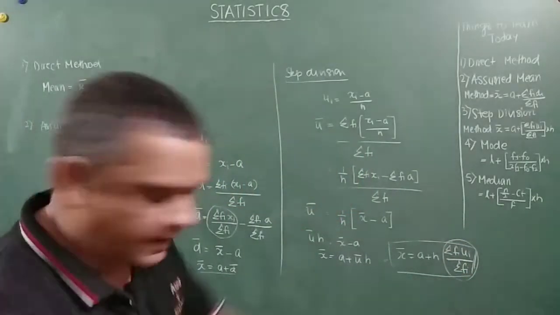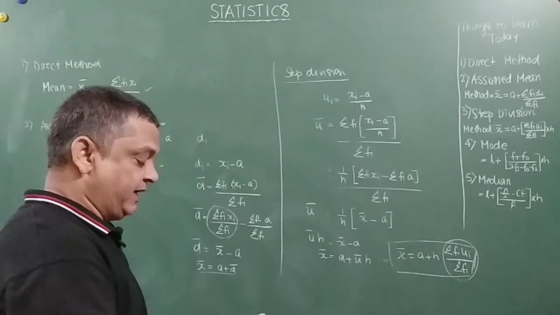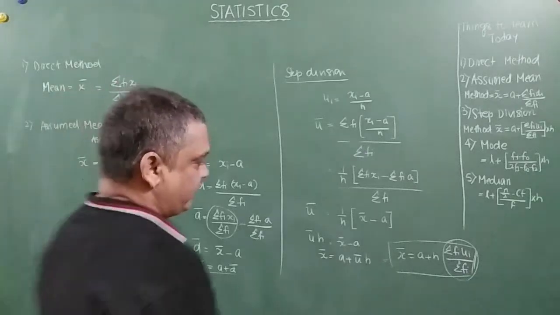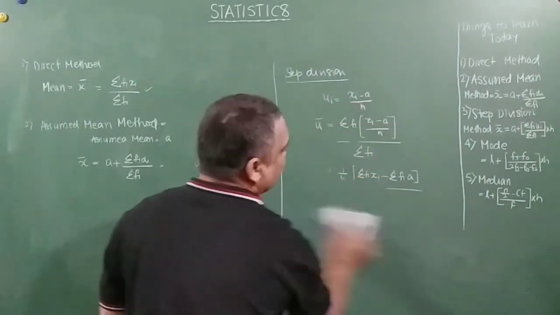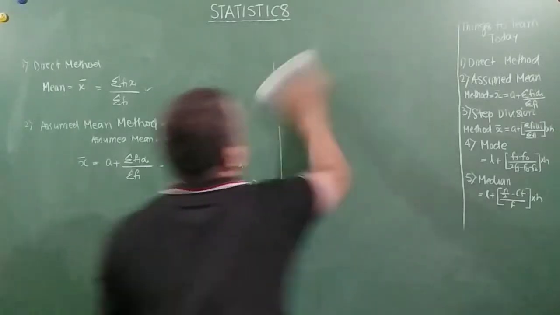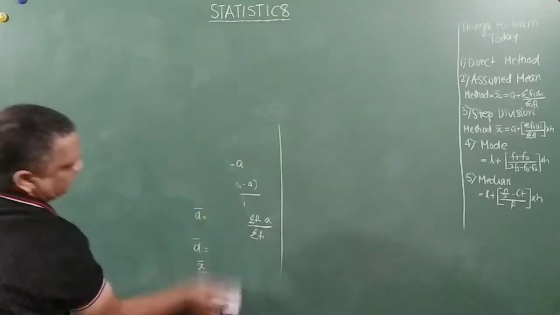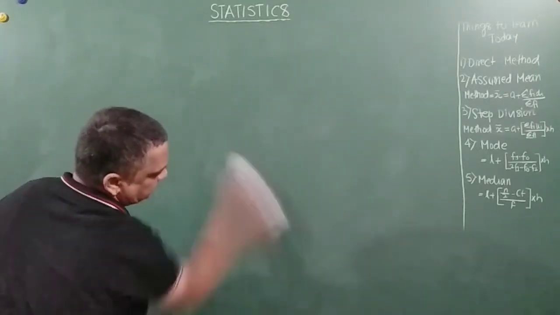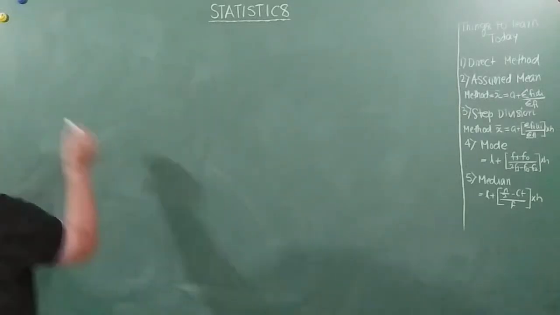Now since we have reached here, let us understand the other two formulas also, that is median and mode, right? Because I am going to take up a problem in which we will be using that. So let us understand that also here, and then move forward. That will make sense. Okay, so mode.